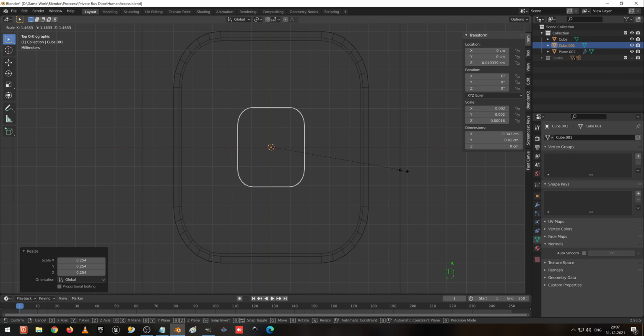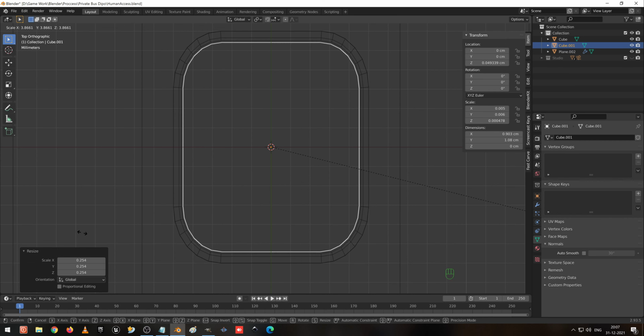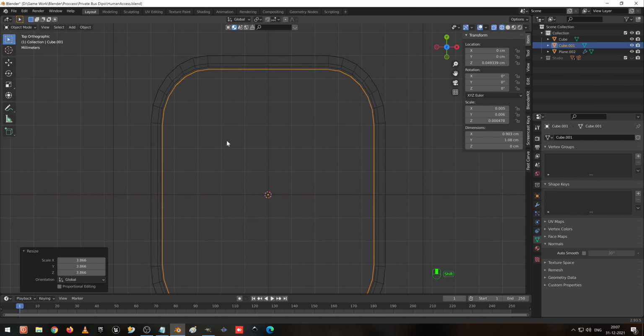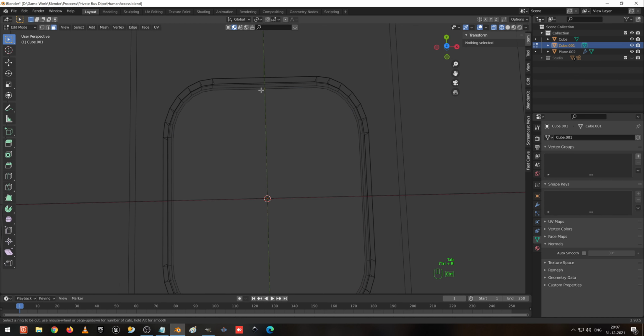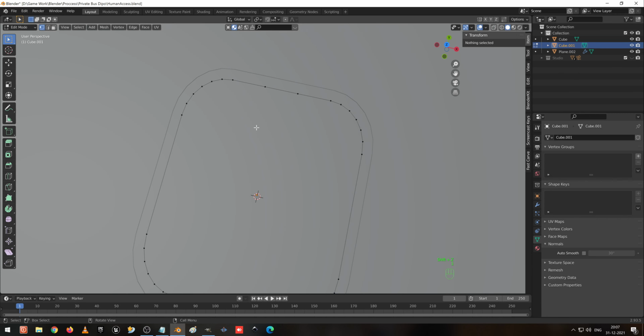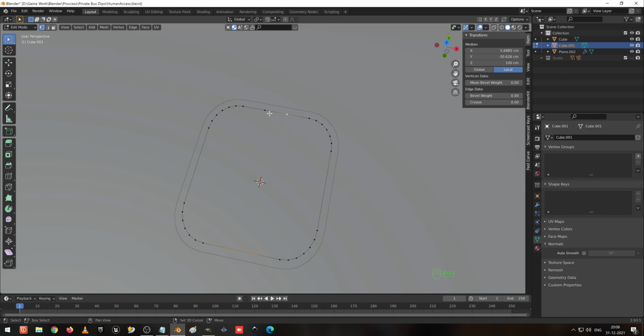Sorry, I scale it up once again to here, and now what we can do is create two edge loops here. Go to edit mode and press Ctrl R and create two edge loops. Shift Z and one frame we can see. Here also I created two edge loops and press J to join.